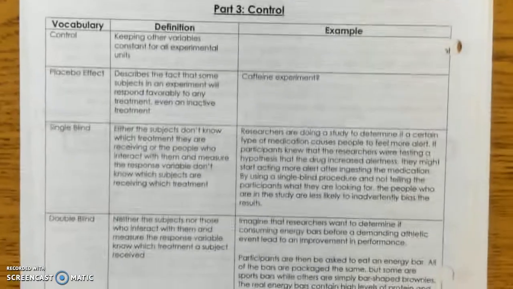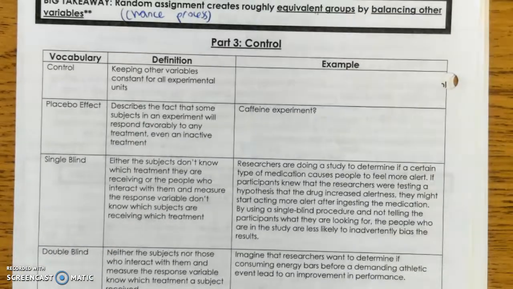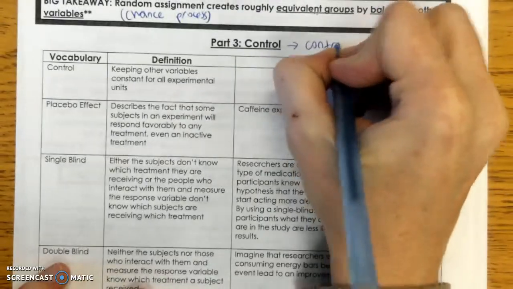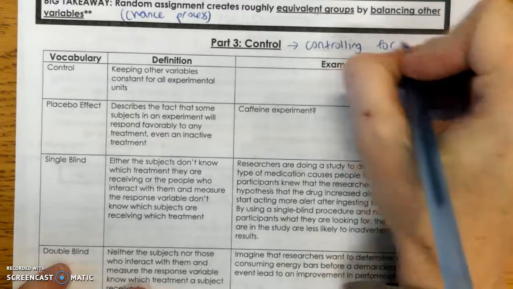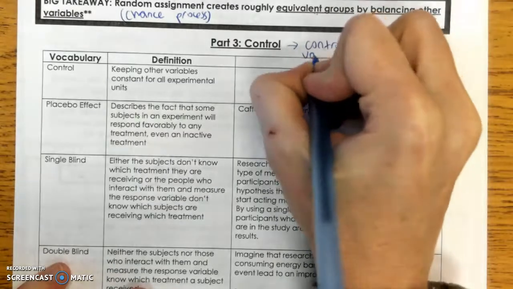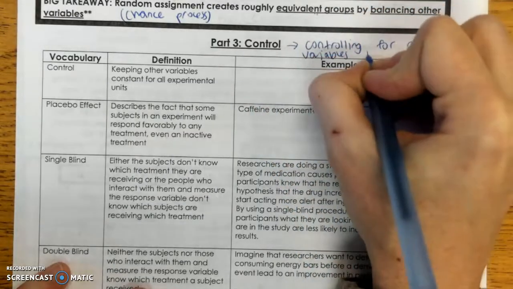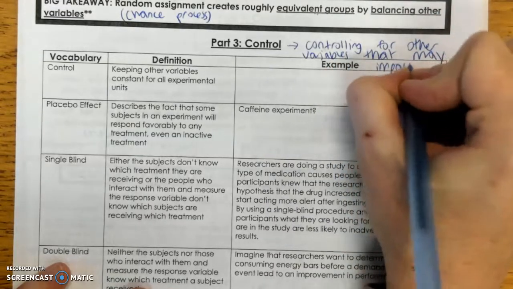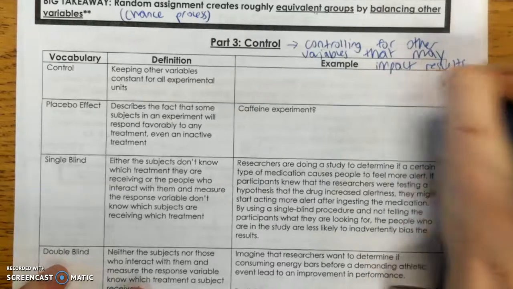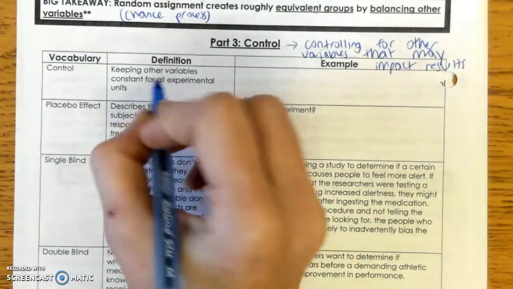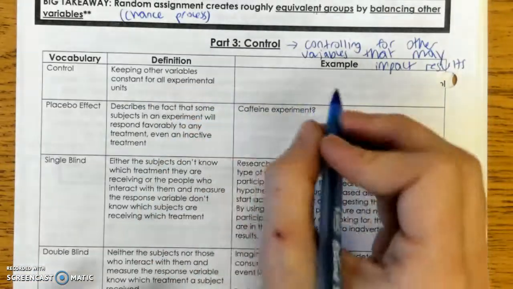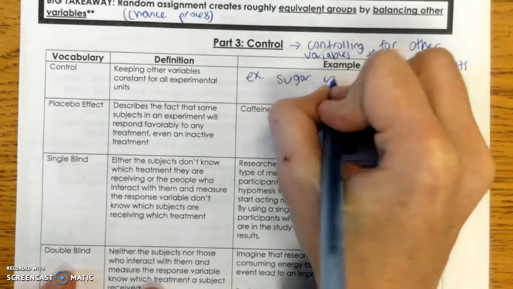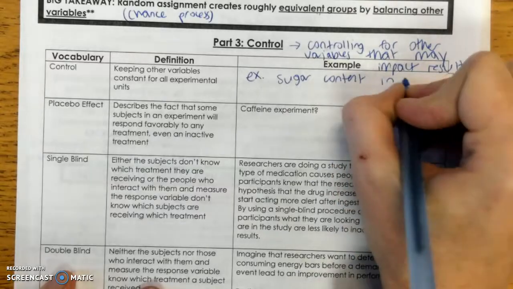Part 3, control. All right, control is controlling for other variables that may impact the experiment. So keeping all variables constant for all experimental units. So my example here was the sugar content in caffeine,